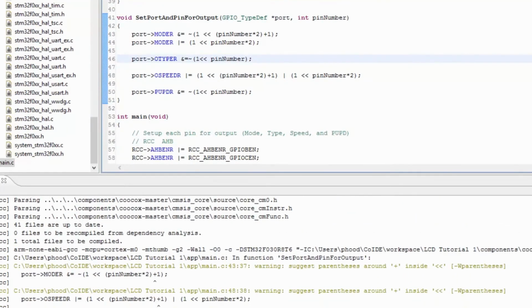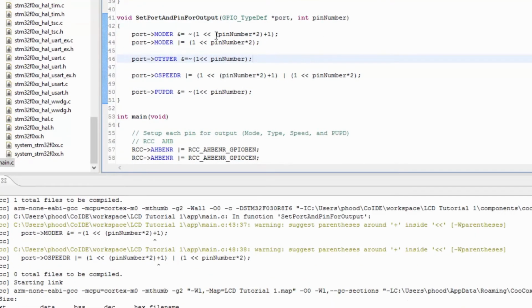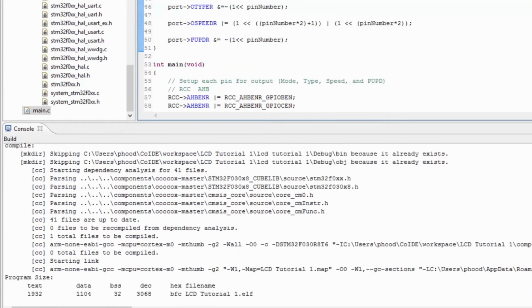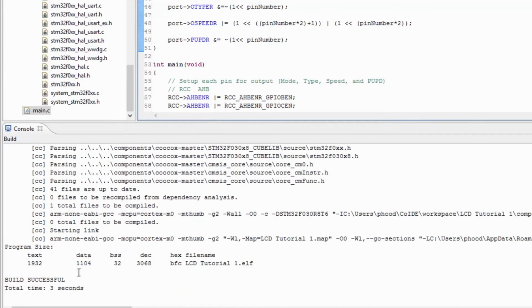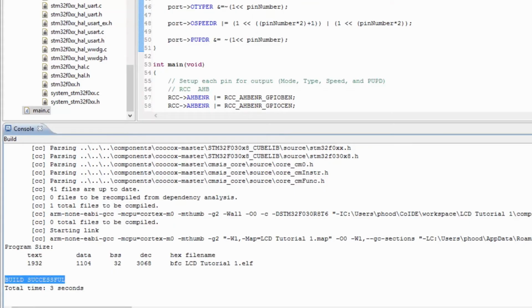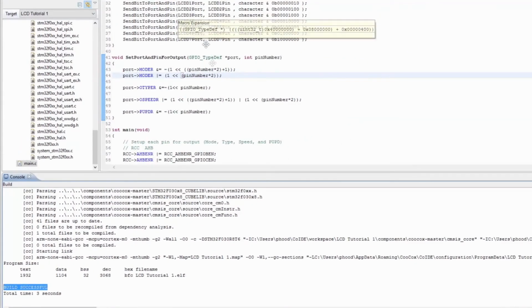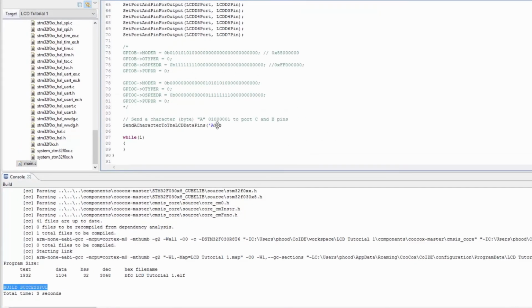It's still saying to do the same thing. So I'm going to go ahead and contain all of it. Okay. Let's try it again. Okay, we have no warnings. That's good. And the build is successful. So let's go ahead and program the microcontroller and see if we still have the letter A outputting to our